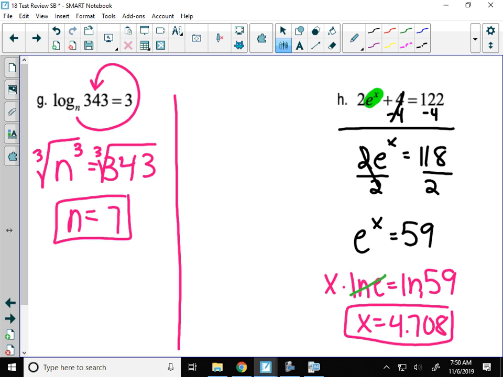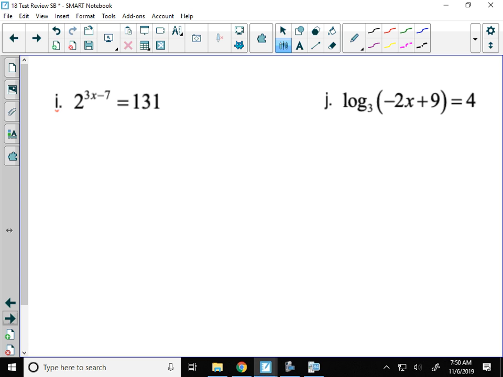There we go. All right, let's look at I. I have 2 to the 3x minus 7 equals 131. This is an exponential equation, so I either have to use common bases or the common logarithm. Here, 2 and 131 do not have a common base, so I'm going to take the common log of both sides. When I do that, 3x minus 7, that exponent comes in front, and I'll take times log of 2